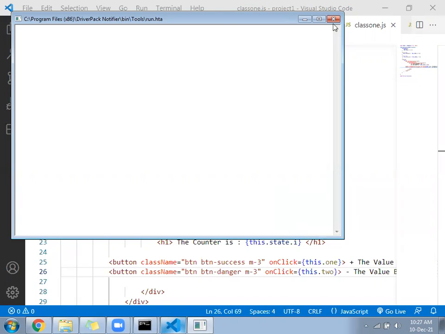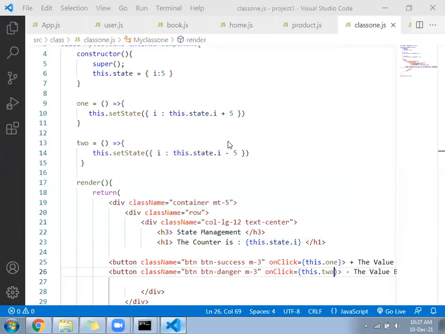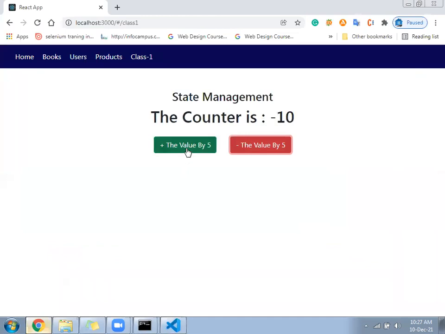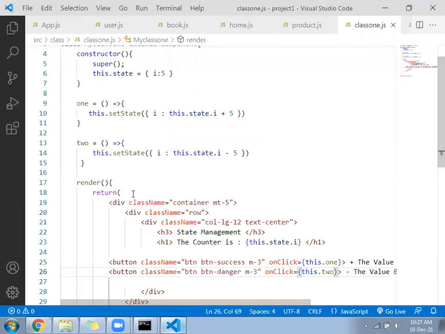Okay, so this is called state management. You are changing the value of state, changing the variable value. Okay, go ahead, next.